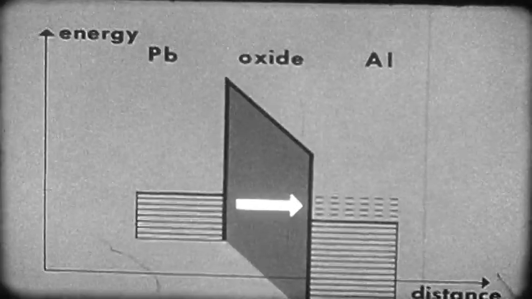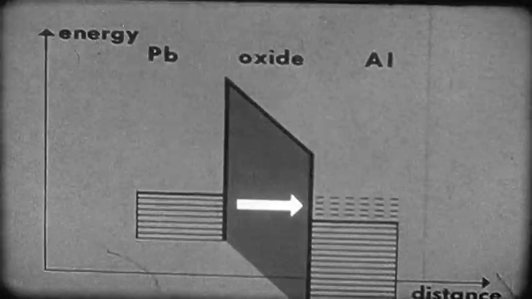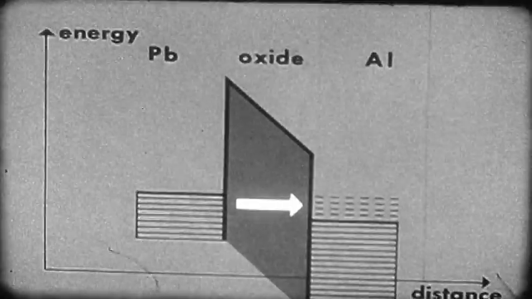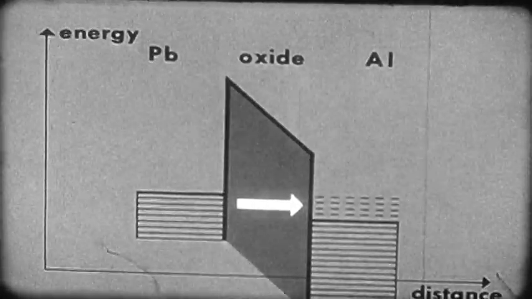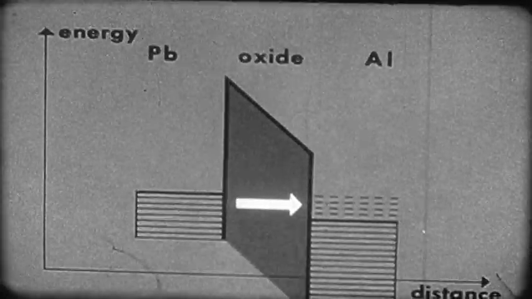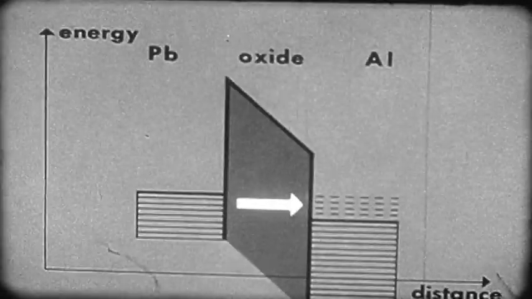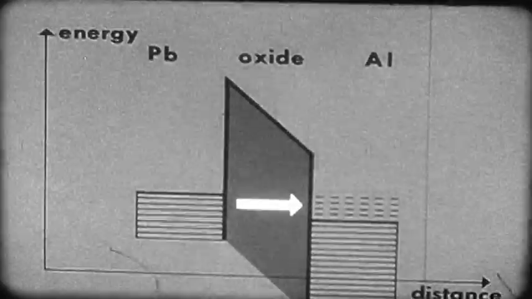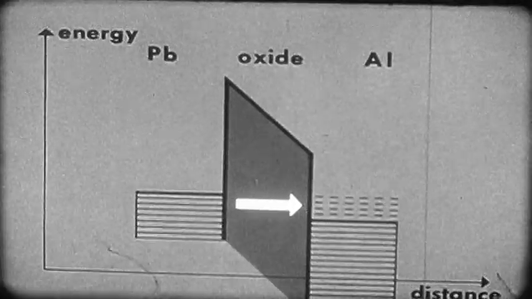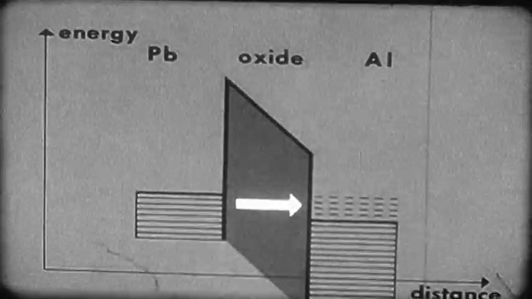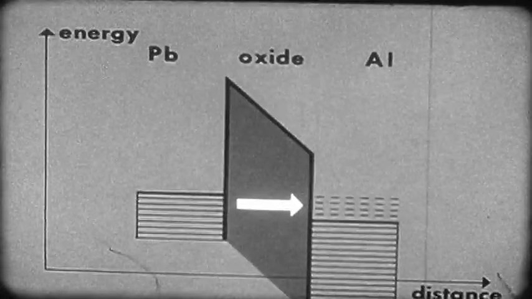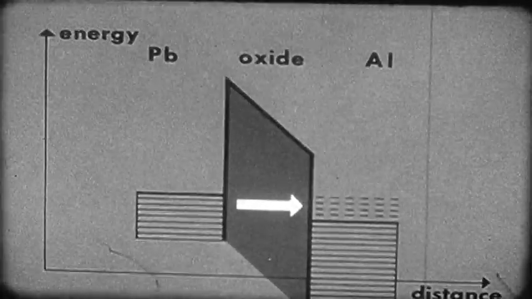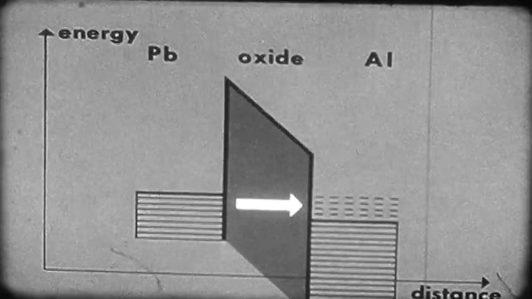Now we can see why, in our last experiment, a current flowed through the oxide layer when a voltage was applied across the junction. Tunneling occurs and continues as long as the voltage is applied. Electrons tunnel and occupy empty, excited levels on the other side. The external battery removes them again, and others tunnel into their places, and so on.